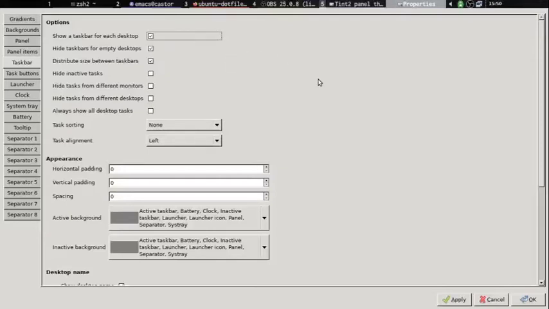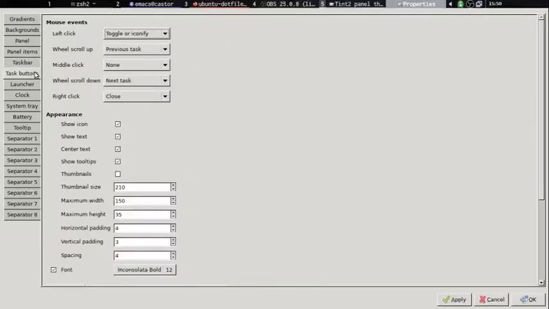And set the font, and then we'll come across to the task buttons, and these are the buttons up here, and we're showing the icon, text, centering the text, and tips. So you can see here it should show tooltips as well, but maybe it's not because they're obscured by this window or thing. And again, down here, what I've done, two things, is set the maximum width, and that sets the